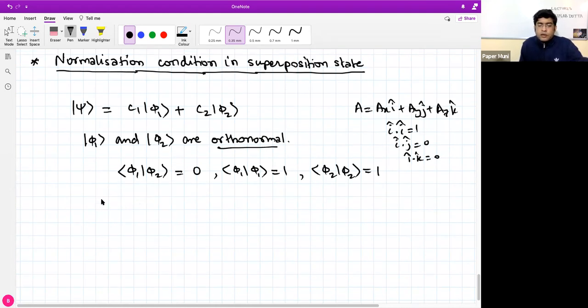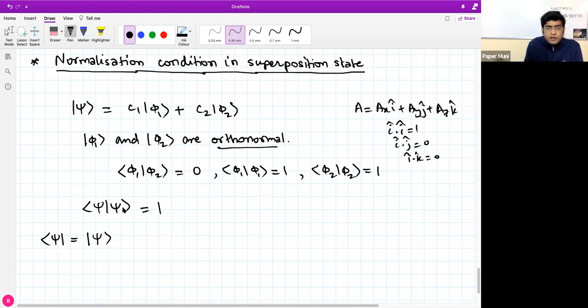Now what does the normalization condition look like? In this case we can write the inner product of psi with psi should be 1. This is how we write it. Now if I want to write down bra psi,